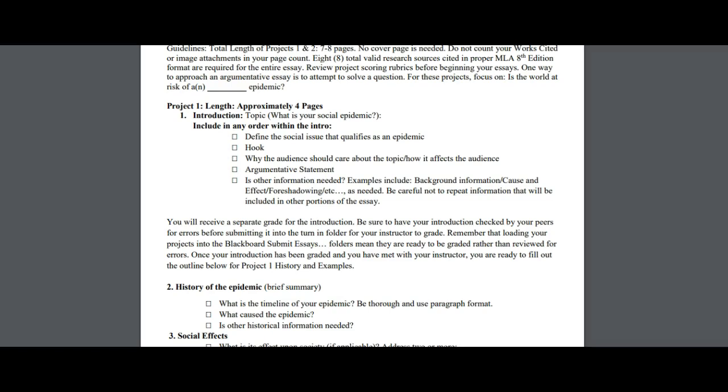So we want to pull that reader in. Some people use a question, a statistic, a quote, something shocking, such as a visual sentence that can shock the reader into thinking about it. So we'll be looking at hooks in a minute. Why your audience should care about the topic or how it might affect your audience. An argumentative statement. For us, that's pretty much,